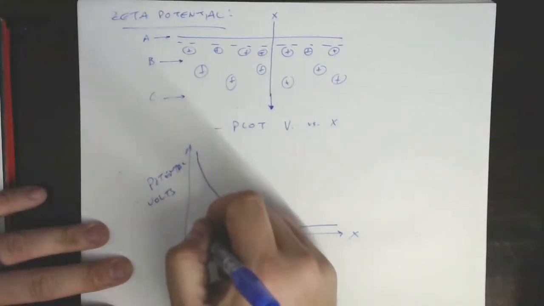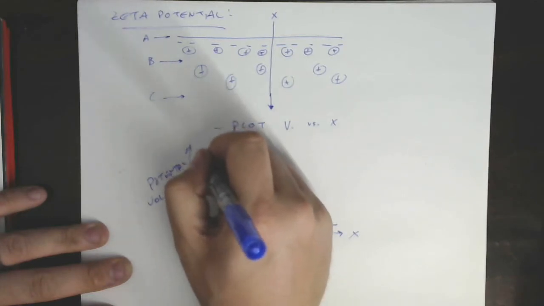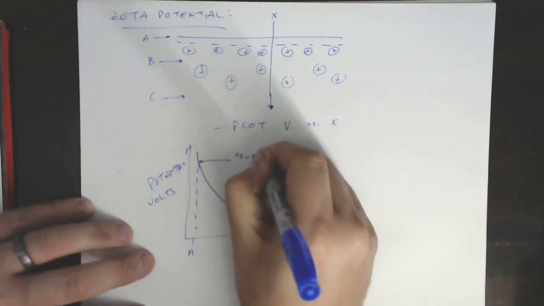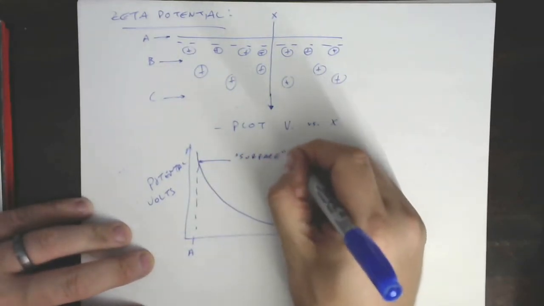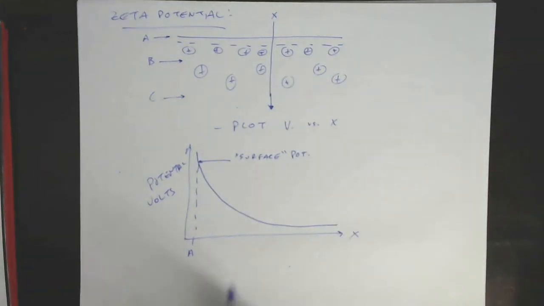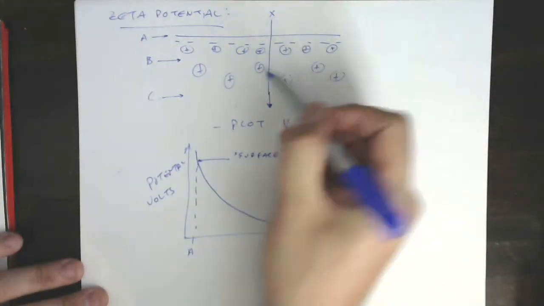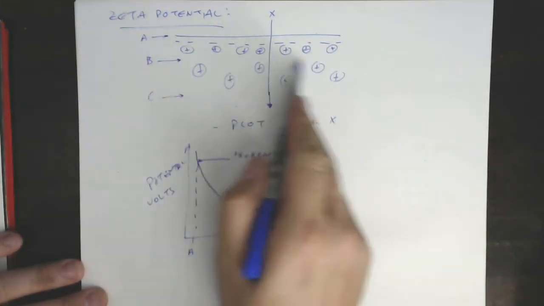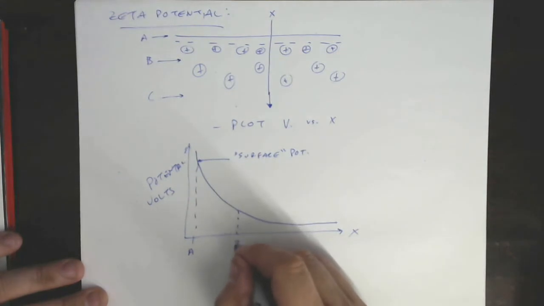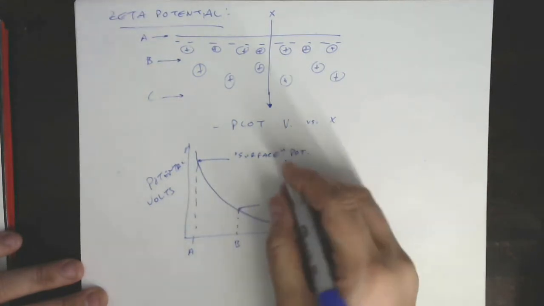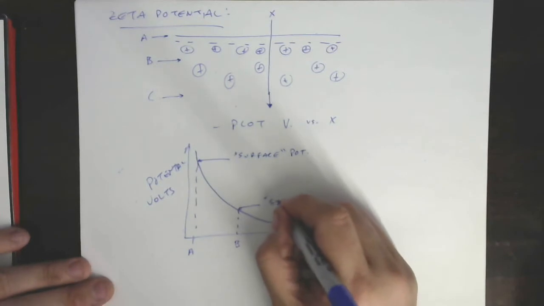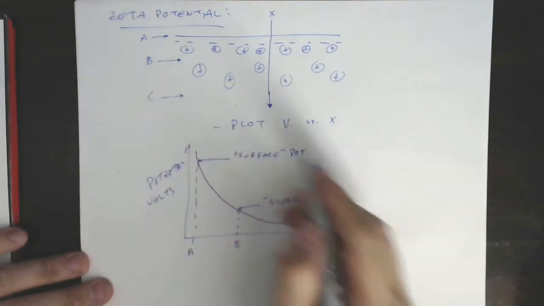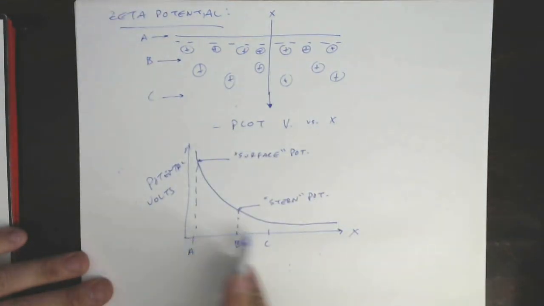So if we plot that, here's A. That means that that is some value of potential. We call that the surface potential. If we go further along this X, we're going to get to this place that is the interface between the stern and diffuse layer. Let's call that B. This gets a name too. That's called the stern potential. And then finally, when we get to position C,